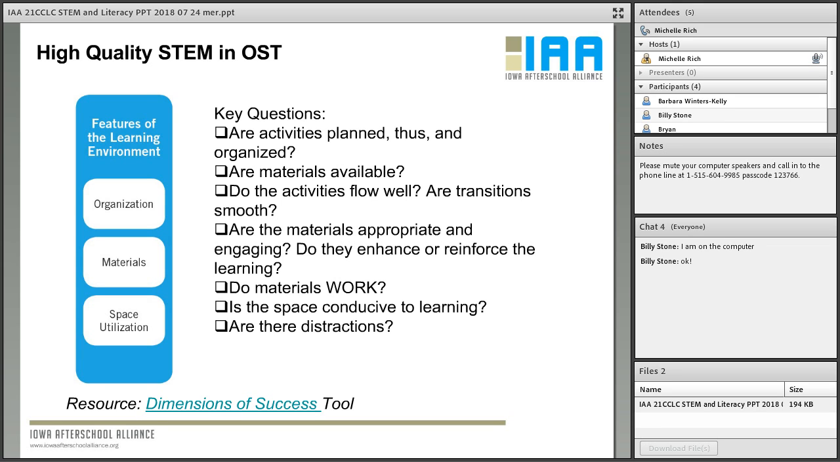And then finally, space utilization. So this is all about the space you're using during the activity, the logistics of it. Is it conducive to actually doing the activity? If you're doing something that requires tabletops to build something, do you have enough of those for the youth? Are there distractions around? Do you have to share the space with a lot of other different groups that might take away from the